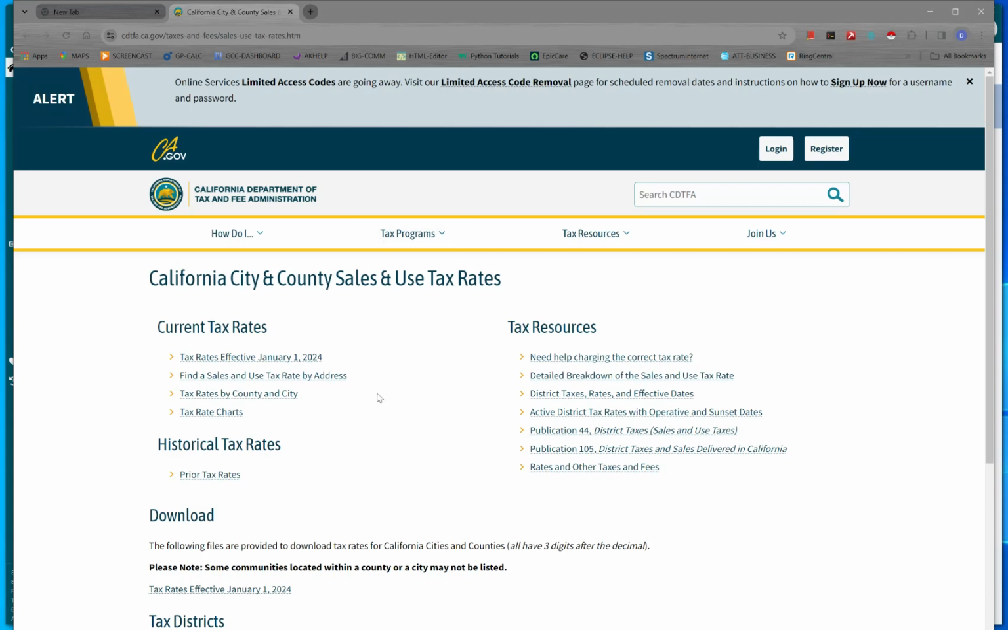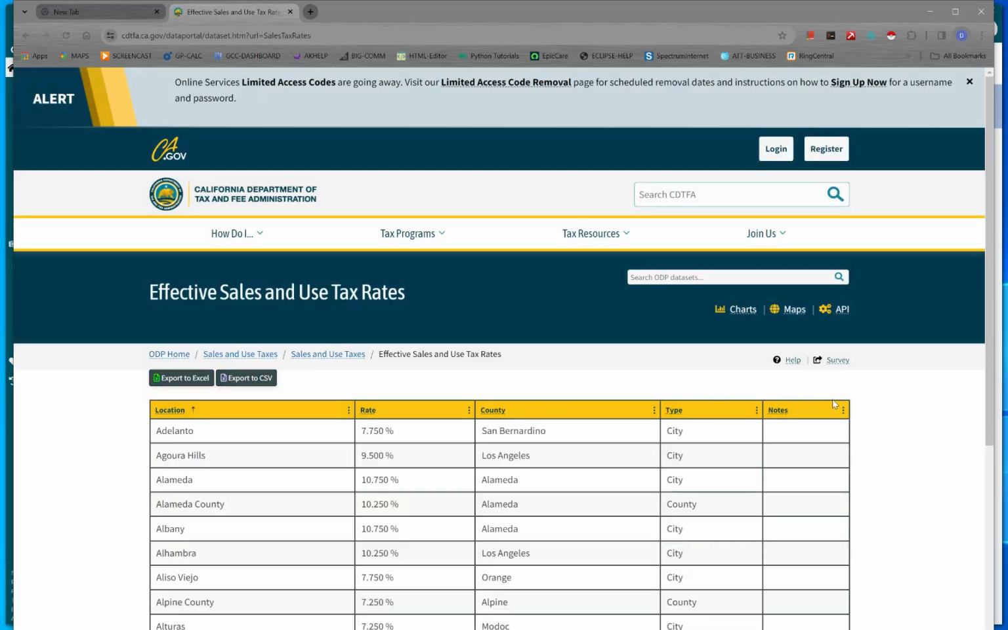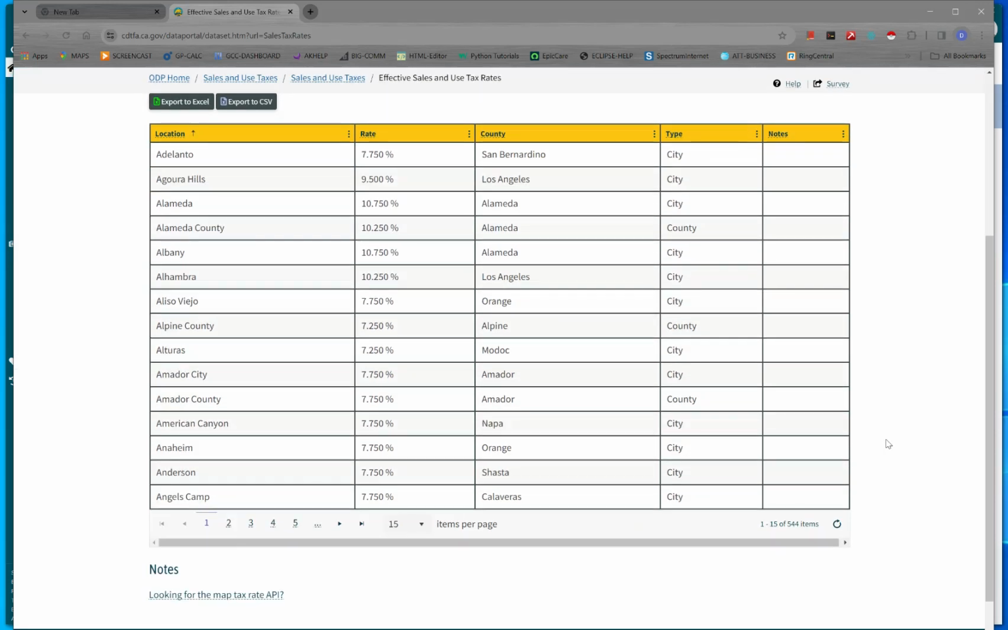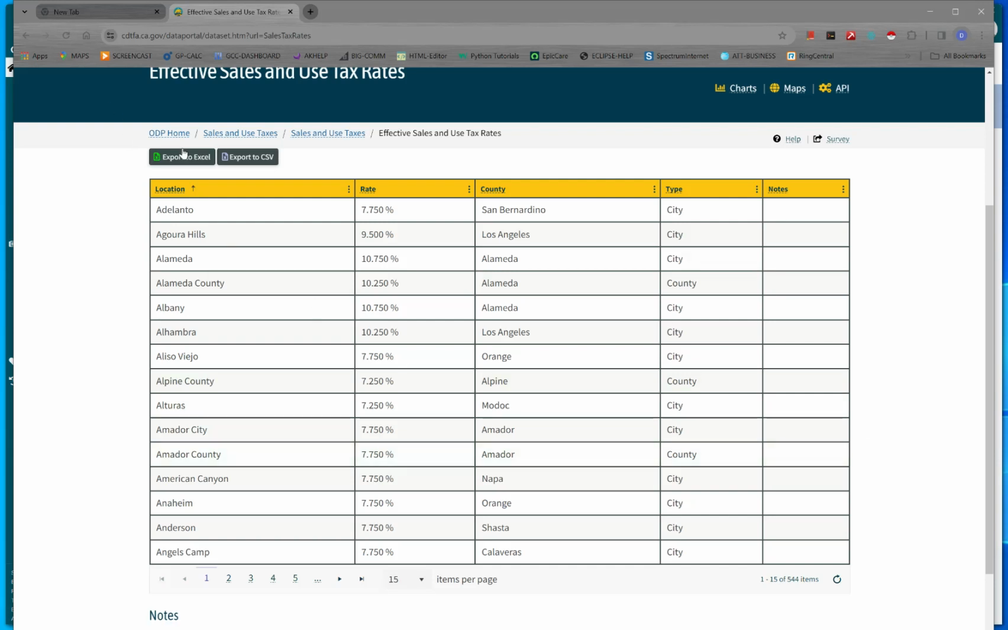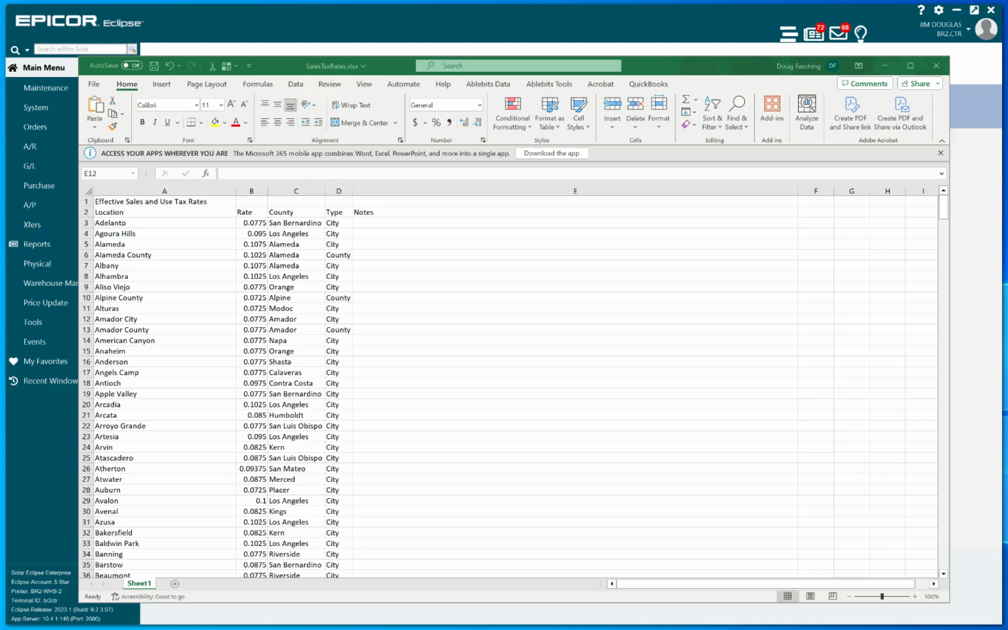Anyway, here we are at california.gov, and here are our tax rates effective January. They give us a wonderful online chart here. It also has a search tool, and I just want to export it to Excel. This is the resulting spreadsheet that we get from the government, and all well and good. Now, in a normal routine kind of update, this would be good enough to deal with, but